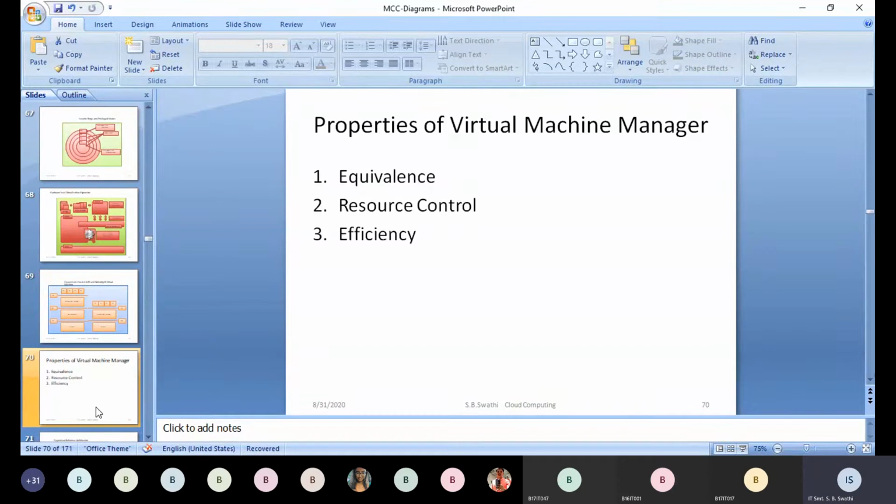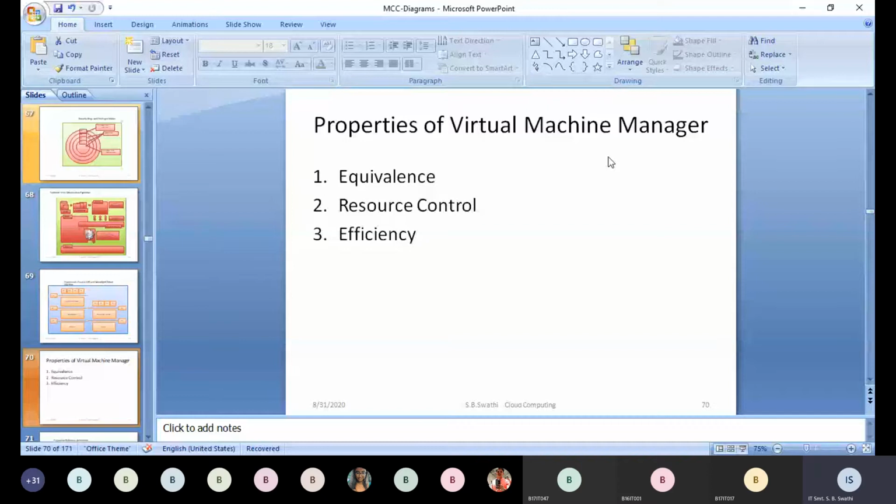That is called equivalence. Irrespective of the configurations, or the heterogeneous systems at each and every user, the working of the application should be the same. That is called equivalence, and that is made possible with this virtual machine manager.